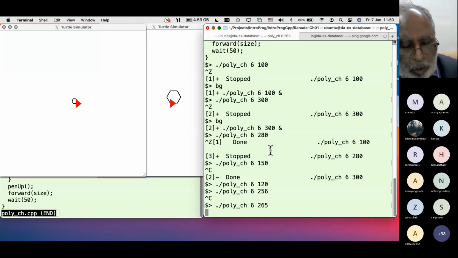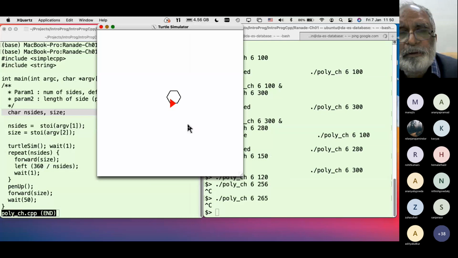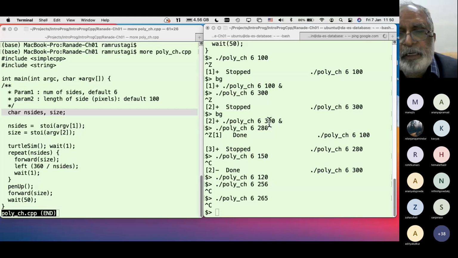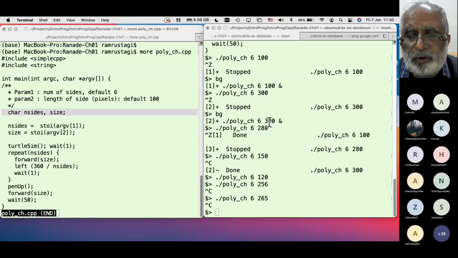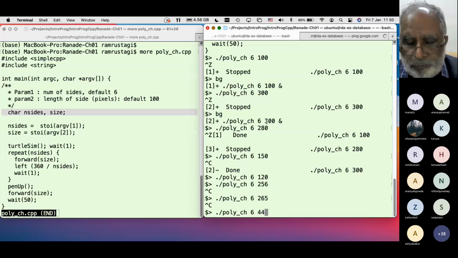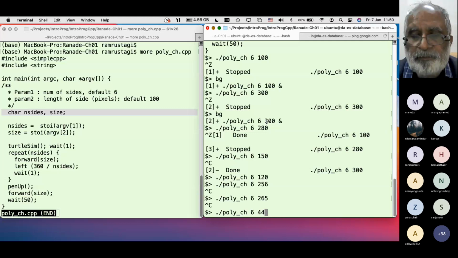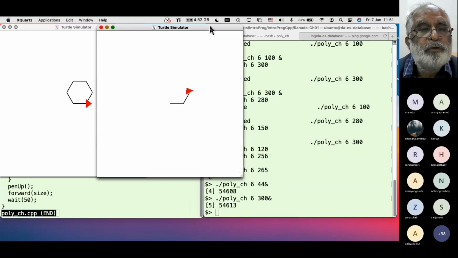So whether I draw with 44 or with 300, I should get the same thing. Let me draw with 44 first, and let me draw with 300. You'll roughly see the same size, because 300 overflows to 44.